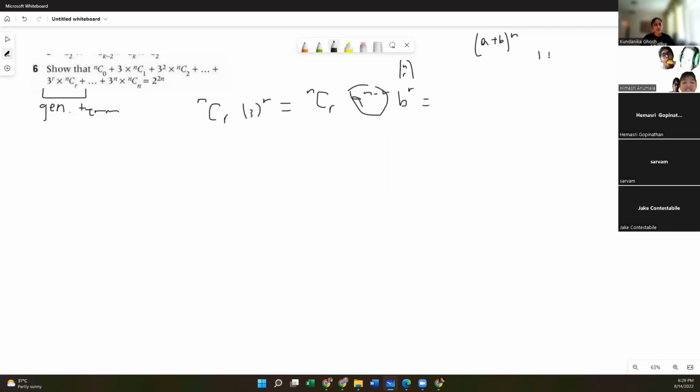So we can rewrite this as 1 plus 3. Again, sorry, it's been a long day. We'll work through it. But we have 1 plus 3 to the power of n, which is also equal to 4 to the power of n.